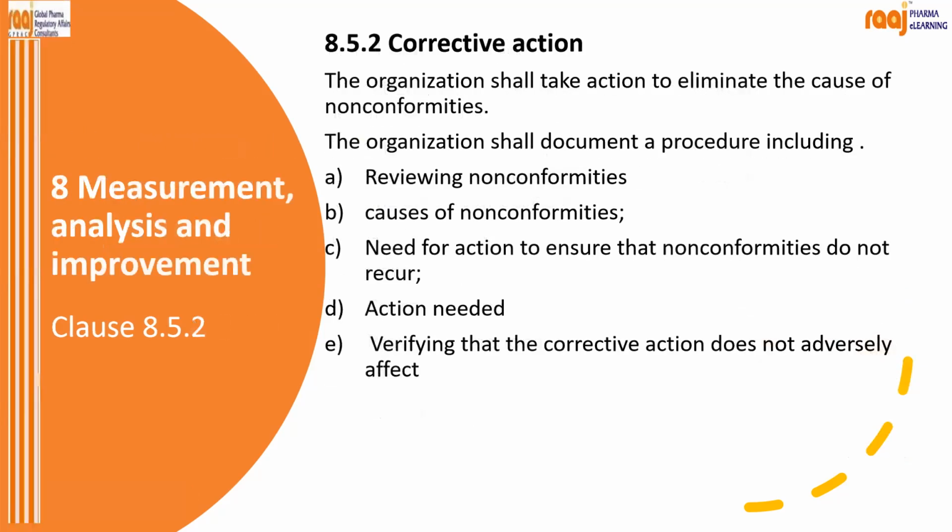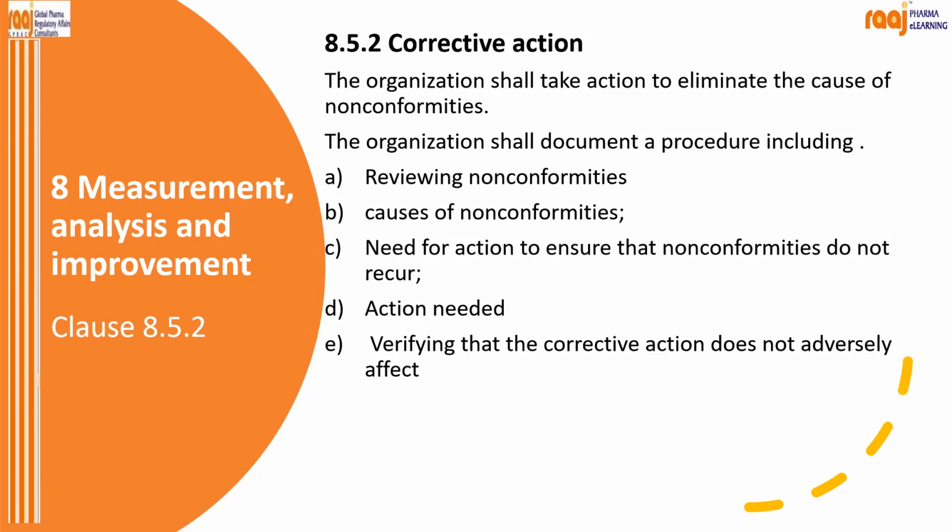Correct. Then corrective action: the organization shall take action to eliminate the cause of non-conformities. To eliminate the cause, you have to find the root cause, then do impact analysis, so that you take prevention and it will not reoccur. You have to review the non-conformities, the causes of non-conformities, the need for action to ensure that non-conformities do not recur, the action needed, and verifying that the corrective action does not adversely affect